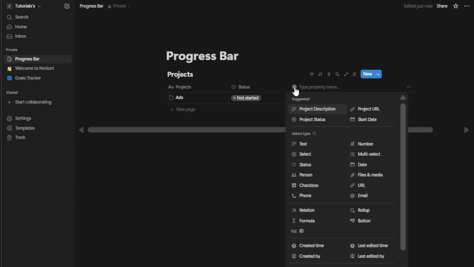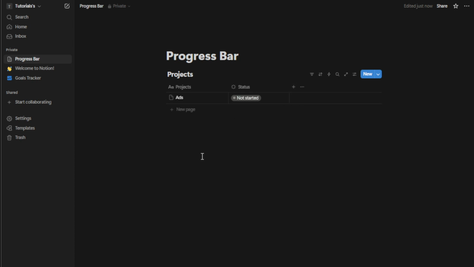First, you're going to want to start by opening a database within Notion. This is essential because the progress bar will be created based on data stored within this database. If you're not familiar with databases, they are simply collections of data that are organized in a way that's easy to access and manage. So within Notion, you might have a database for tasks, projects, or any other data sets